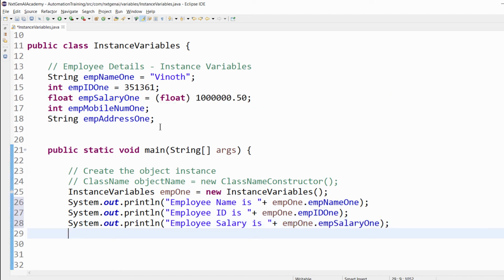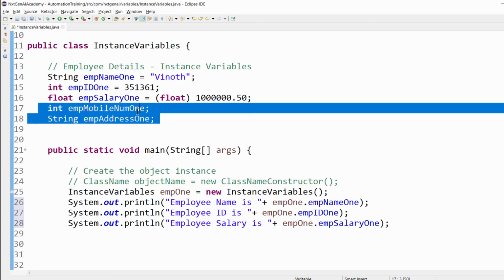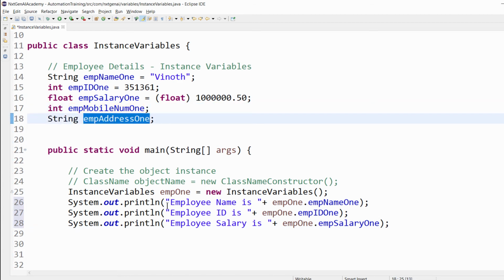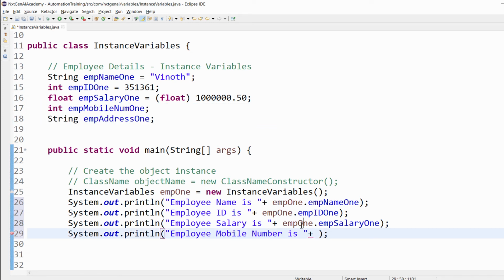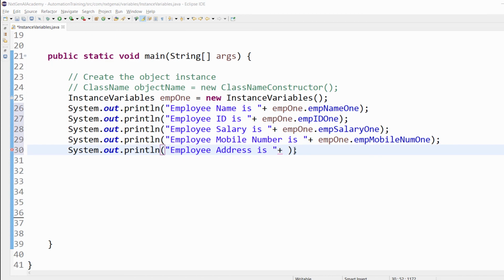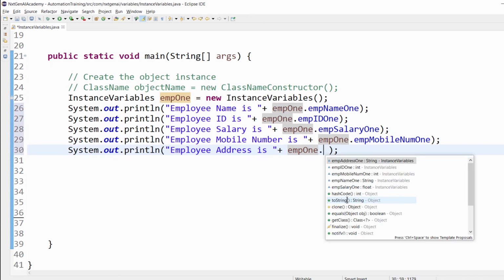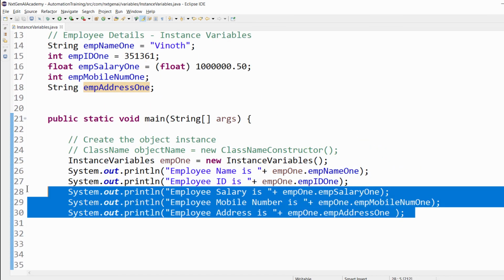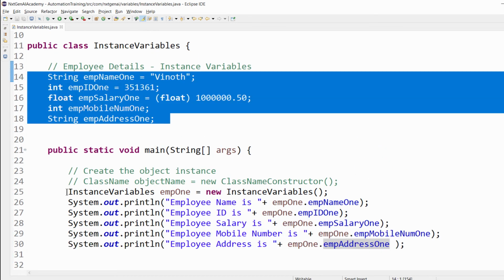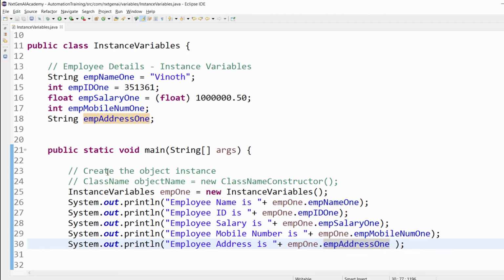We didn't declare any value for the mobile number and address. Let's see what value we will get. Then employee mobile number is employee1 object name dot mobileNumber1, and object name dot employeeAddress1. So we declared the values and we are trying to access those values.